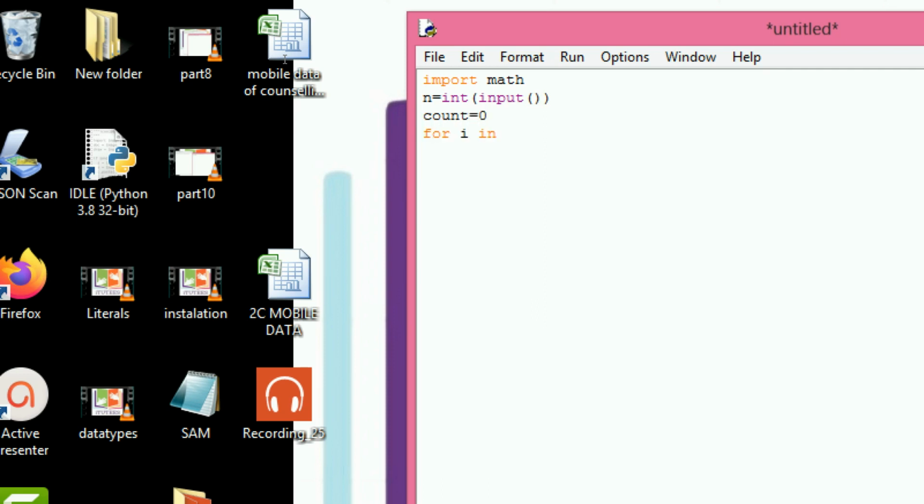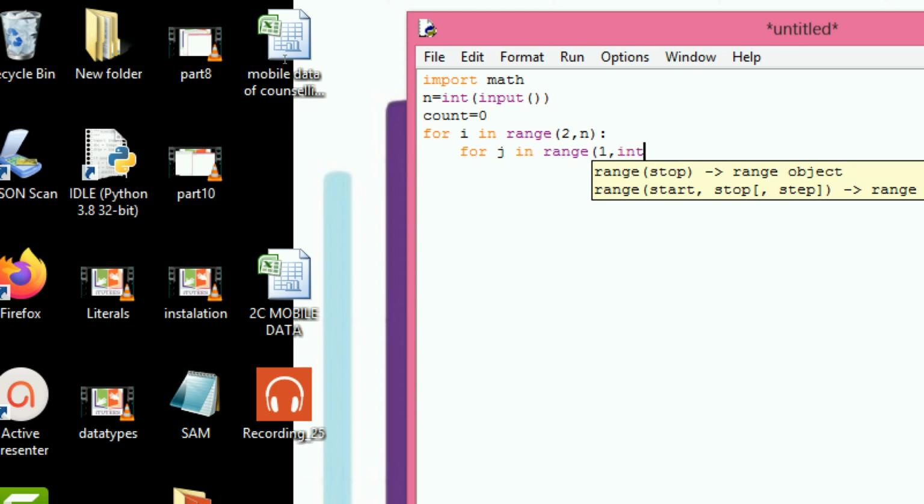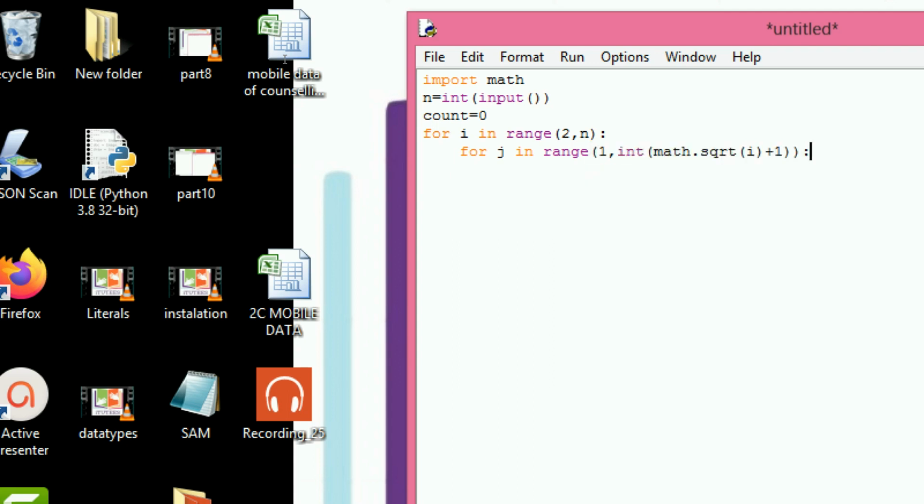For i in range of 2 comma n, for j in range of 2 comma int of math.sqrt of i plus 1. If i percentage j equals 0, then break.